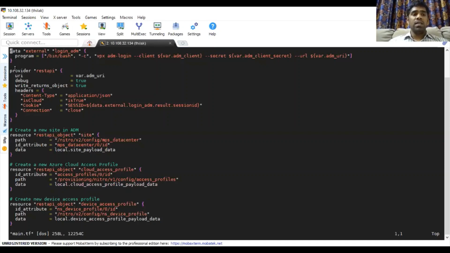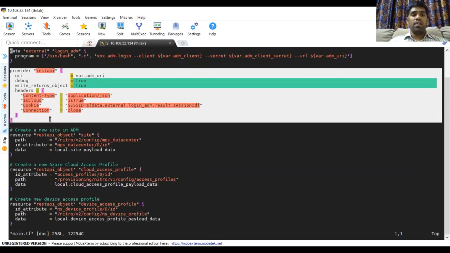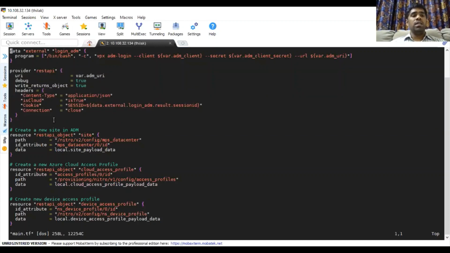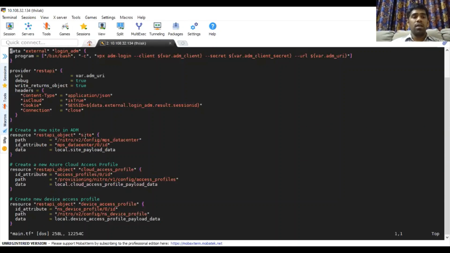Next, as you can see, we are using the REST API provider. This is an external Terraform provider. We are using this for any POST call implementation, like the resources below that we are creating using the REST API object provider.